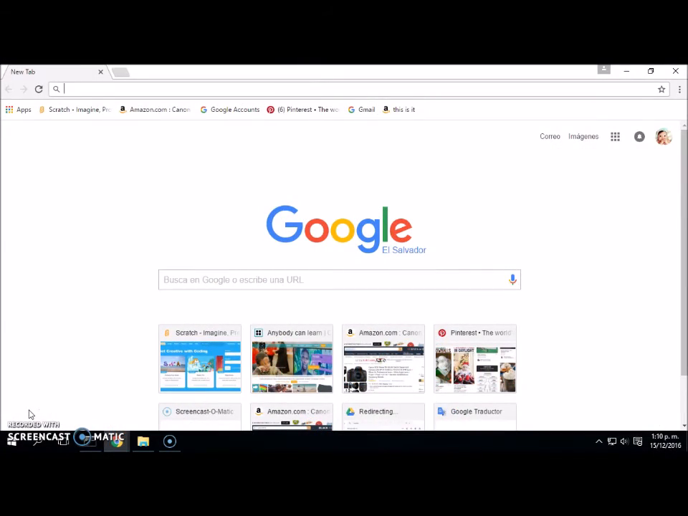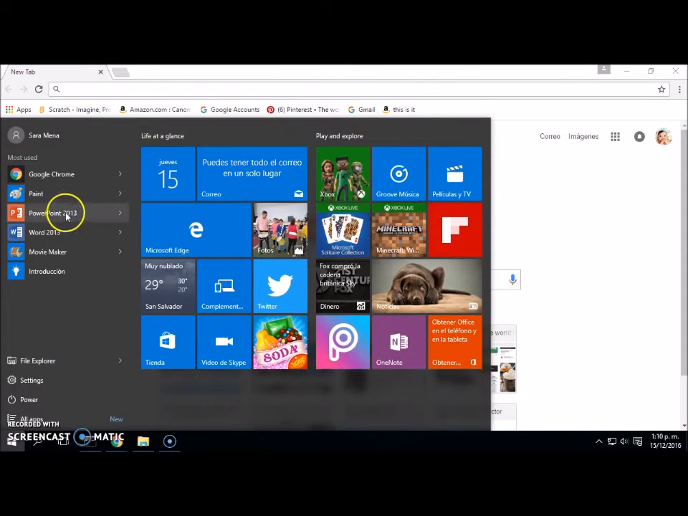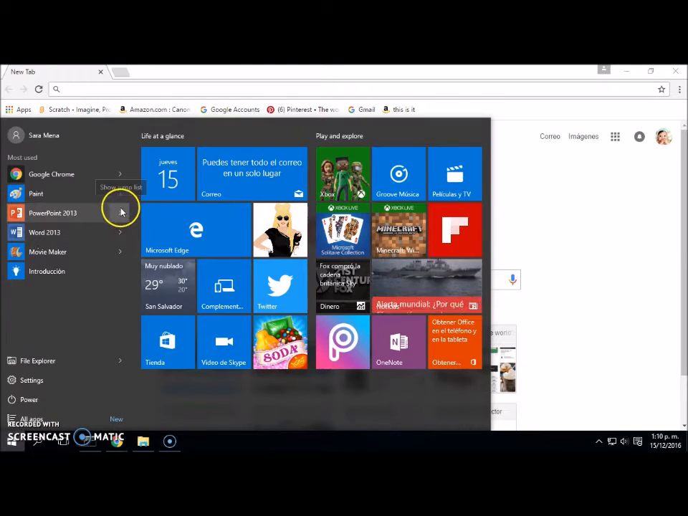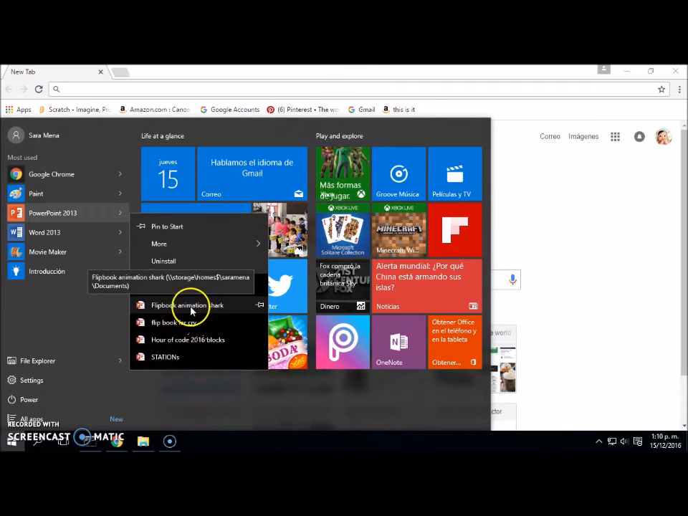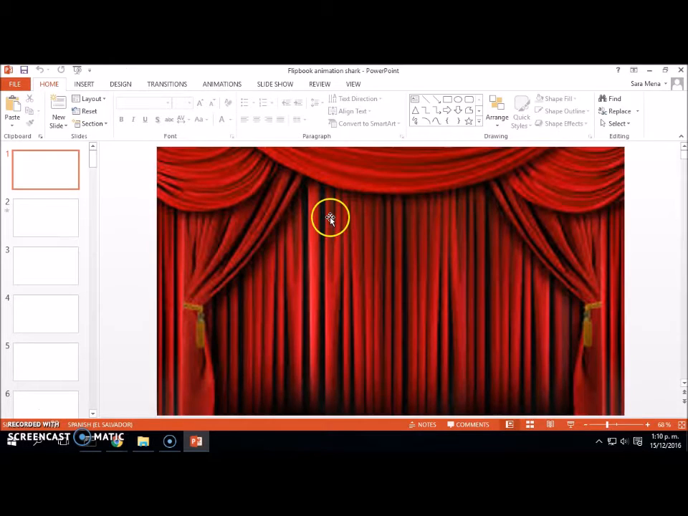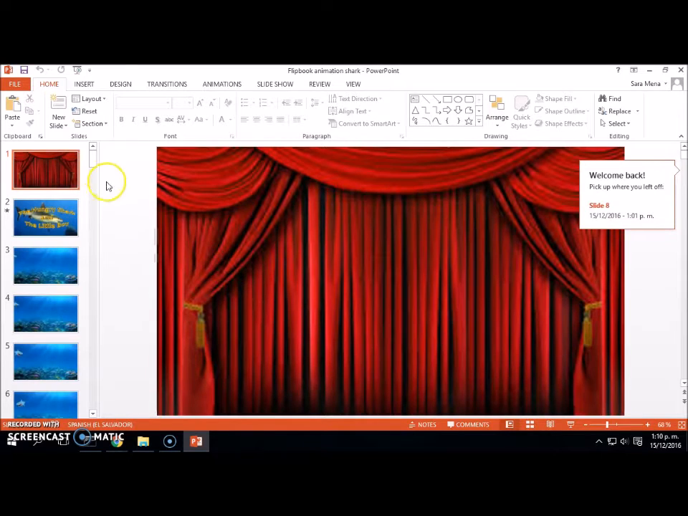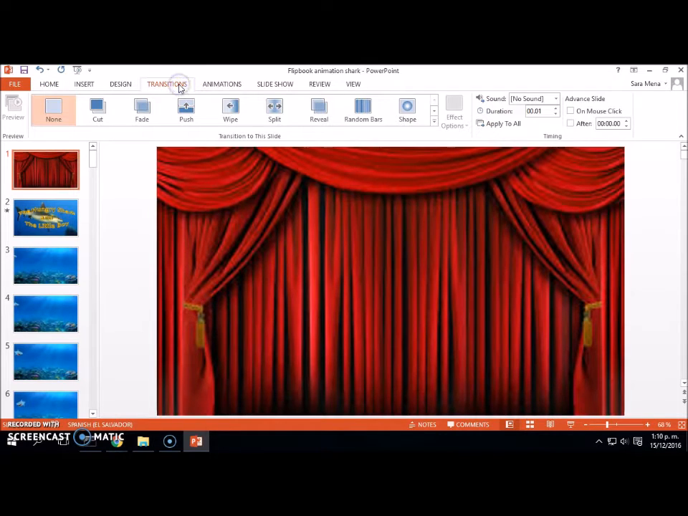Hello, in this tutorial you're gonna learn how to run your Flipbook animation automatically. First of all, you need to find your Flipbook, so I'm gonna go to Window, go to PowerPoint, click on this arrow and open my Flipbook animation. Since our Flipbook animation is done, now we can work on the transitions and make it run, as I said before,